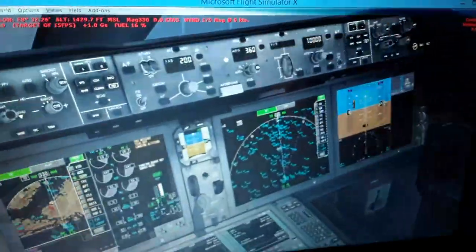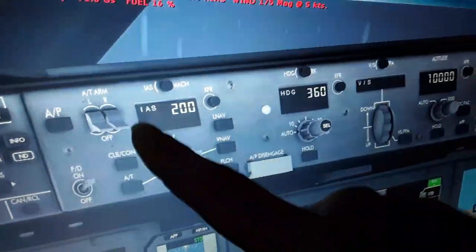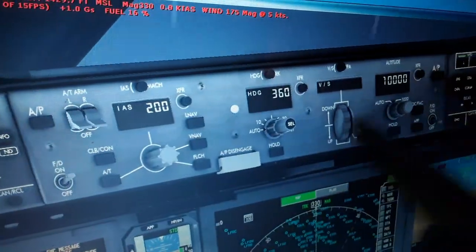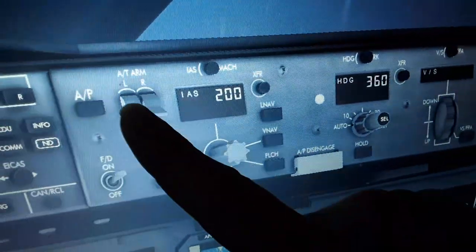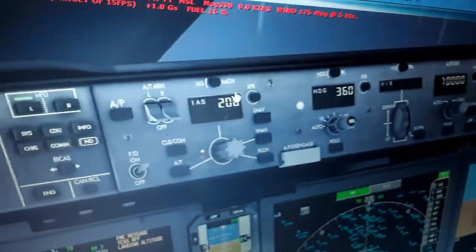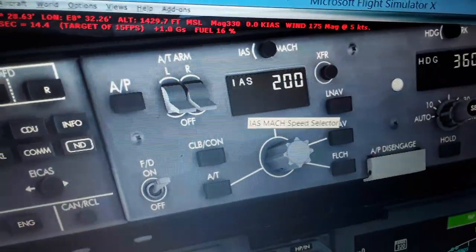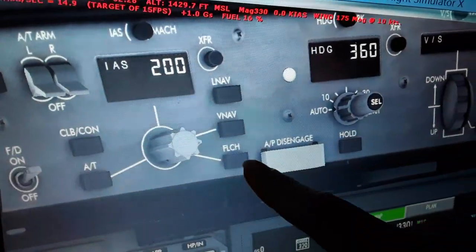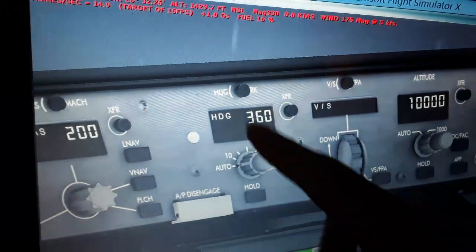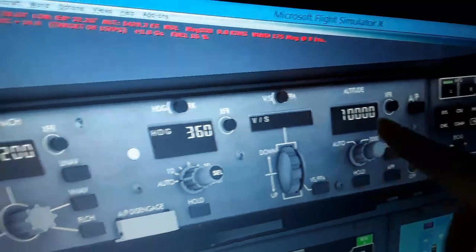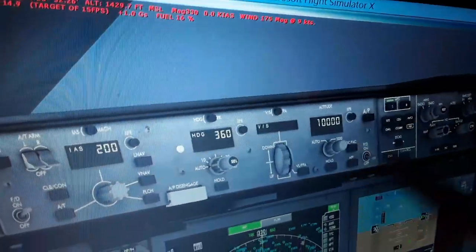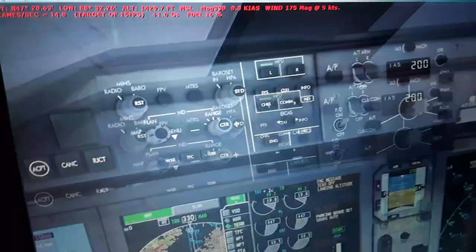So we have also, you can see the airspeed selected over here, the autopilot panel on this surface. So we have the autopilot engage and disengage, the auto throttle left and right, engage and disengage, the flight director on and off, engage and disengage, the LNAV and the VNAV, lateral navigation, vertical navigation. So this is the airspeed in knots right now. Can change to Mach, climb continues, auto throttle, flight level change. The heading in degrees, we're going to use the heading of the runway. Also vertical rate of climb descent, the altitude selected, and the VOR localizer and the approach for autoland. You can see both sides here are identical, the captain and the first officer. As you can see,